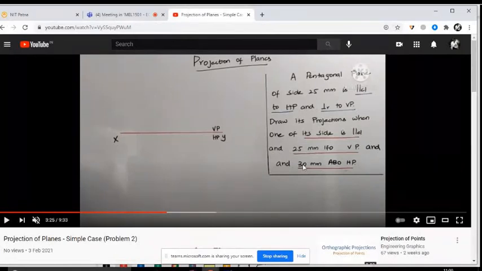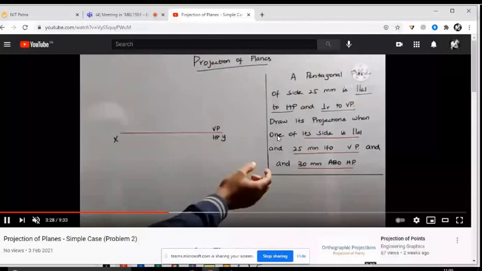Yeah, 25 mm in front of, so that distance will be visible. Okay. So the reason why I'm asking these questions is that these are important, because this may lead to confusion. So every time if you think about it, you will get used to this concept. So what I will do is, from the reference line,